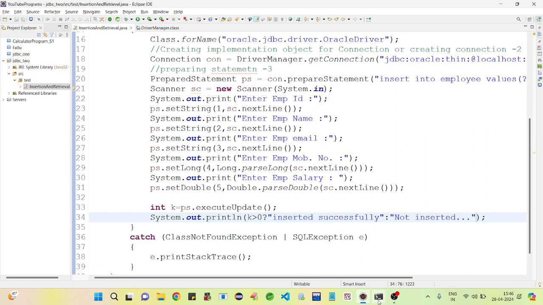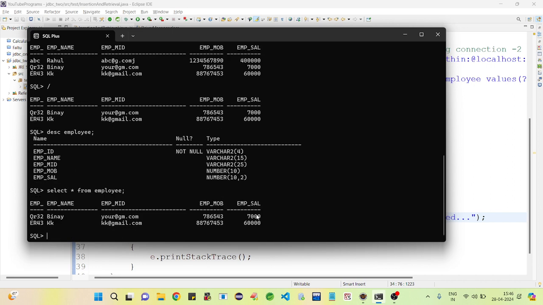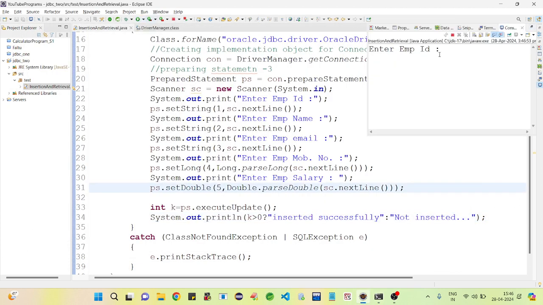Run the program. First check how many data available in the employee table. Select star from employee. Only two records. I am going to insert one more. Employee ID, I am writing U3, then name Raj, email raj@gmail.com, mobile number 765123, salary 60123.